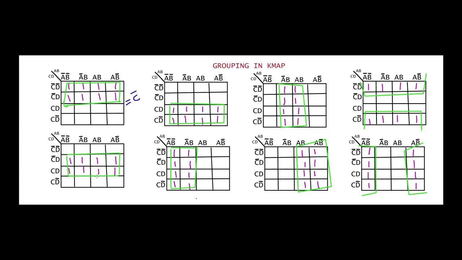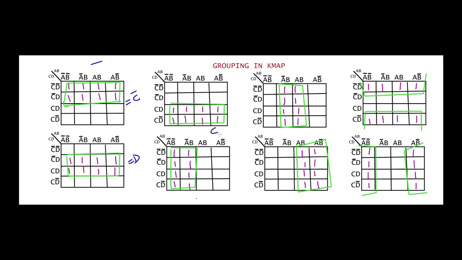Next, here, can you guess? Here you will be having an answer D, because out of these 8 ones, only D is common for both, whereas here you don't have any common from A and B terms. So the minterm for this K-map is C bar. The minterm for this K-map is D. The minterm for this K-map will be equal to